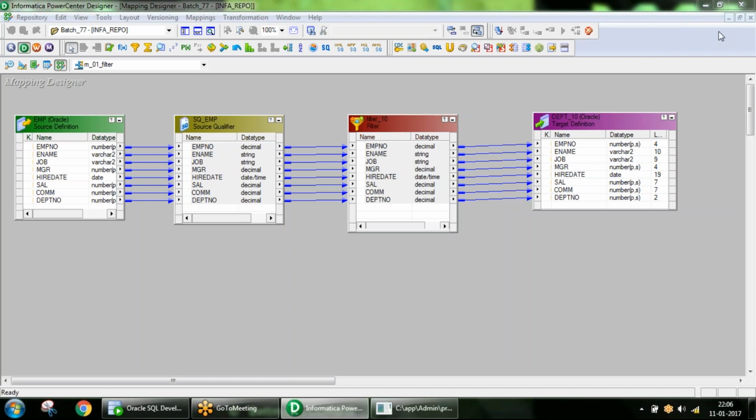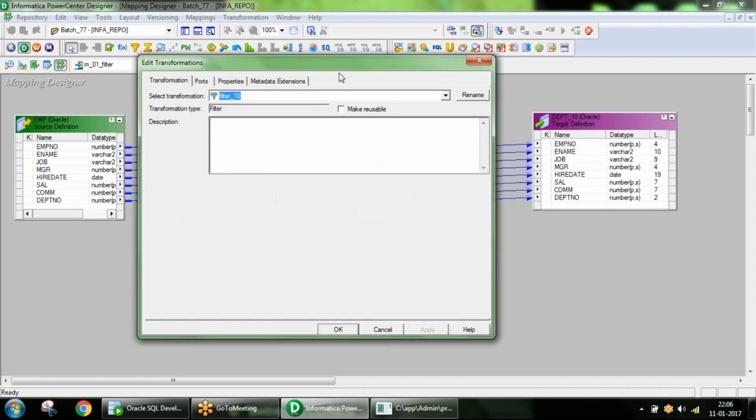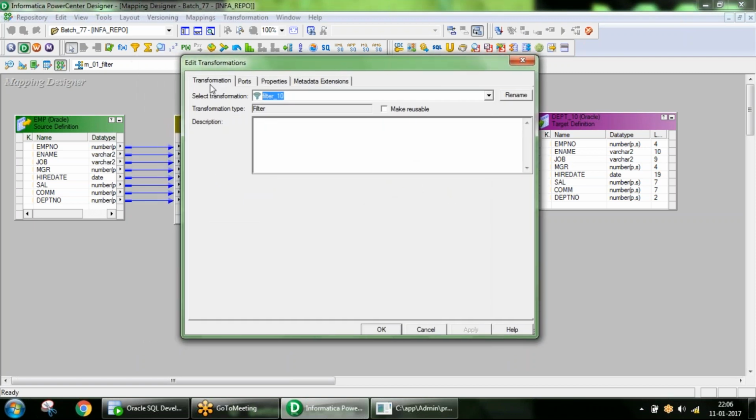Just go on mute. Now right click on the filter transformation, edit. Any transformation, the first tab is transformation. It's a general one. Here you can write the description as per your transformation logic, for example, this transformation is used to filter out so and so data. It's optional.